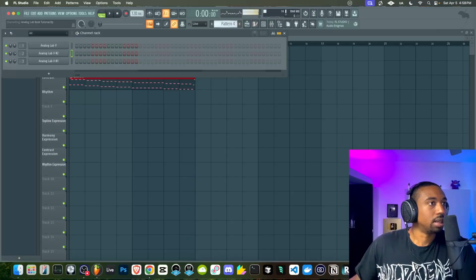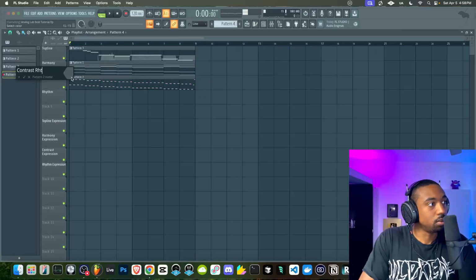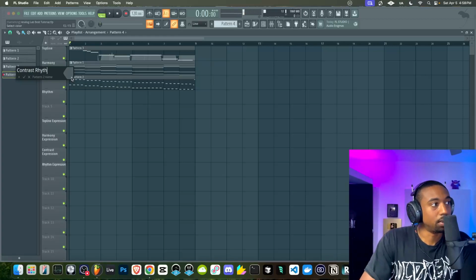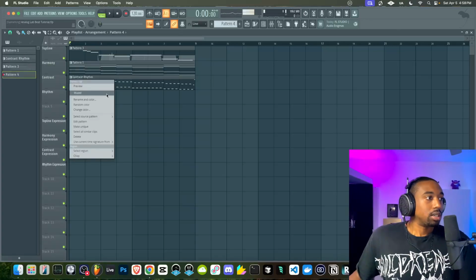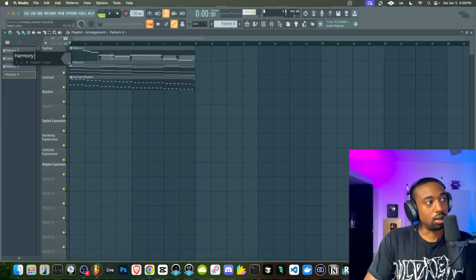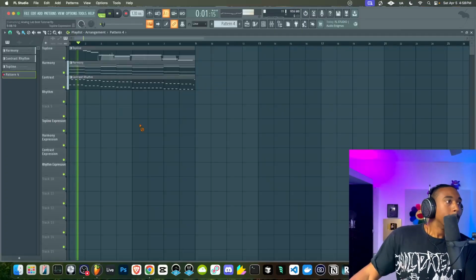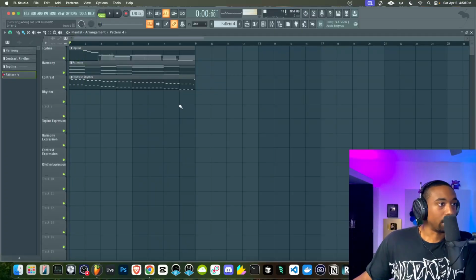Now we need something. The bass is both a contrast layer and a rhythm because it's keeping time. So that is actually two things in one: contrast and rhythm. This is the harmony section. Again, you guys will get the project files for free, so don't try to memorize everything. This is the top line. So now you're like, okay, where do I go?